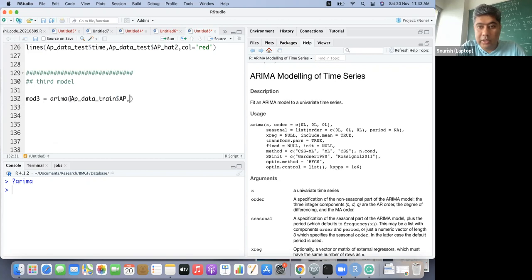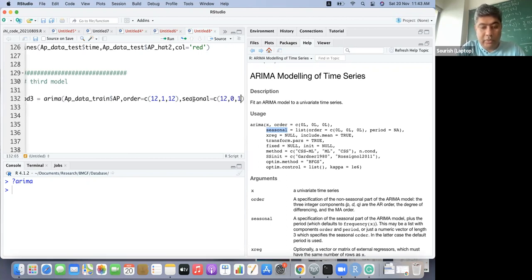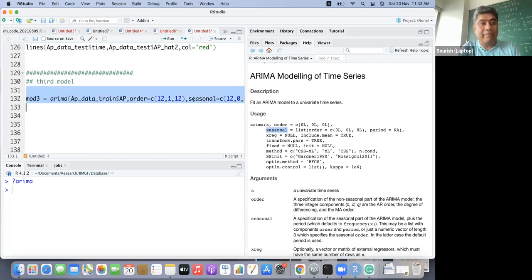And then in the order, we can just give 12, 1, 12, and for seasonality, maybe 12, 0, 12. I'm giving 12 just to capture the annual seasonality.